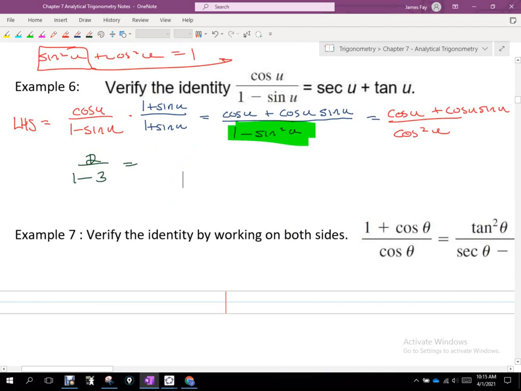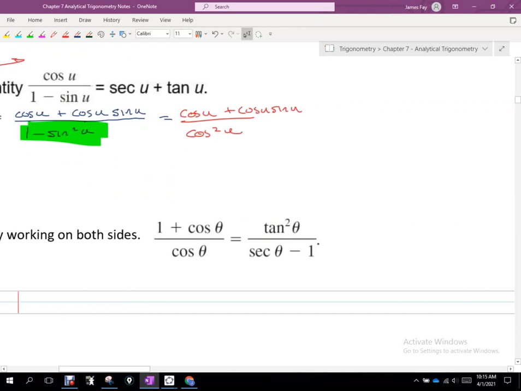But if I had something like 1 minus 3 over 2, can I rewrite that as 1/2 minus 3/2? It's kind of the inverse of common denominators, right? Okay. Now that I have a singular denominator,